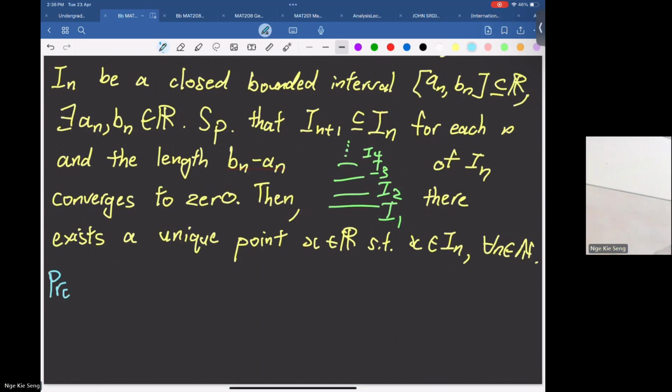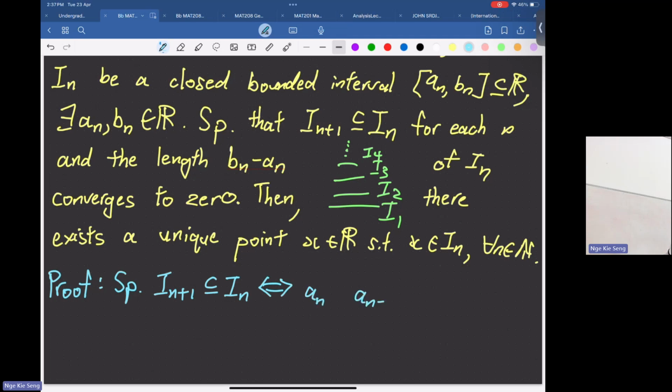So proof. Just now I mentioned something about a pyramid thing, right? So we need to somehow find this limit. How to find this limit here, by using what we have known? You see, what does a nested interval tell you? A nested interval is telling you how to compare the endpoints here. How do you compare An plus 1, Bn plus 1, and An, Bn? If you have nested intervals here, how do you compare them?